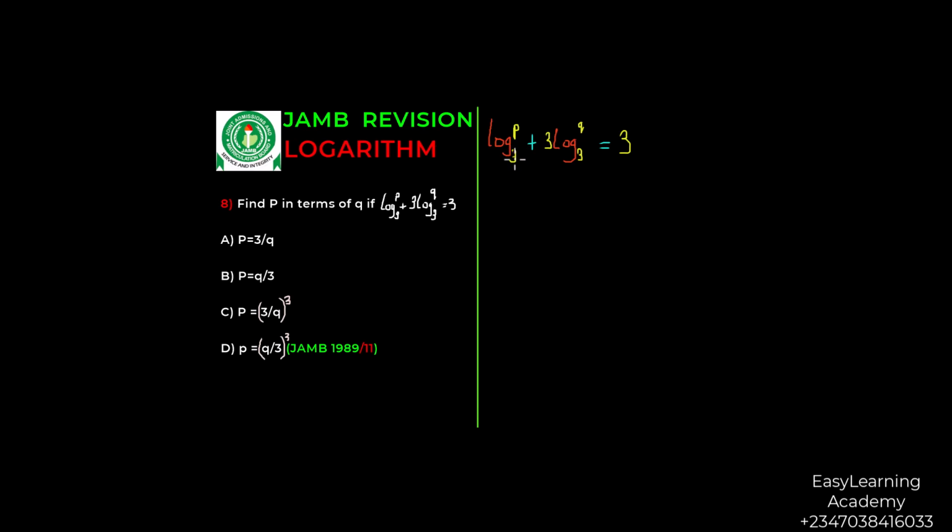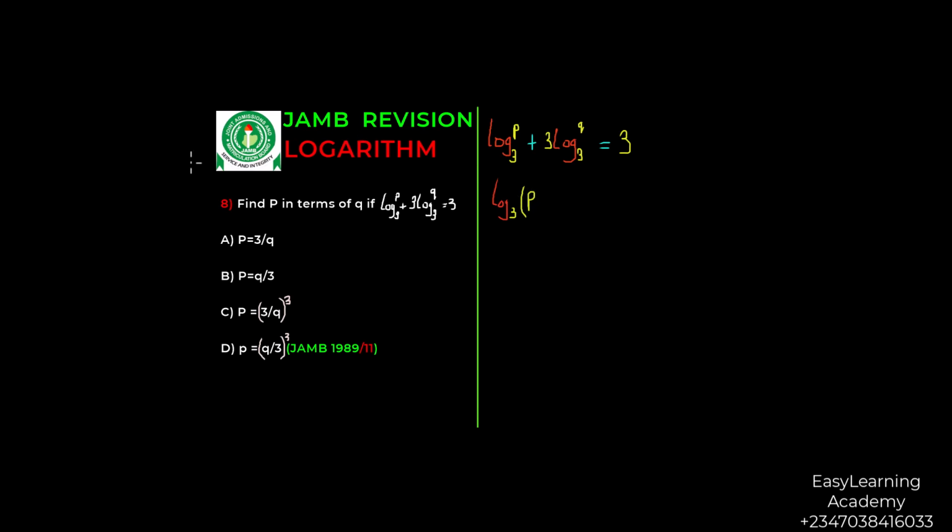The very first thing we're going to do is look at what is common in this, and that is log 3. Log 3 is common, so we pull it out first. What is common is what we should bring out first, and so we arrange it to make our solving correct. So we pulled out log 3, and what do we have left? What we have left is P,